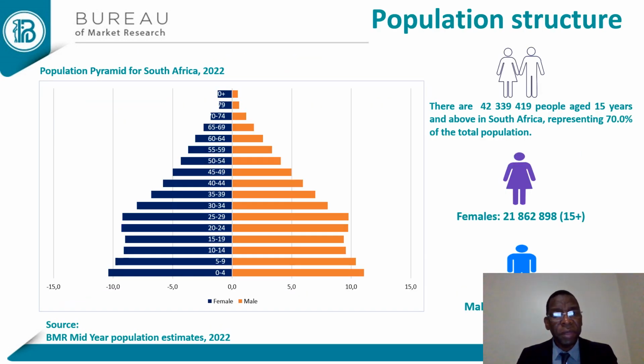We see from the population pyramid for South Africa that the South African population is fairly young. As we have noticed before, the adult population is quite significant at 70%. There are also observations of an increasing aging of the population as well. That is, an increasing number of the population aged 60 plus.